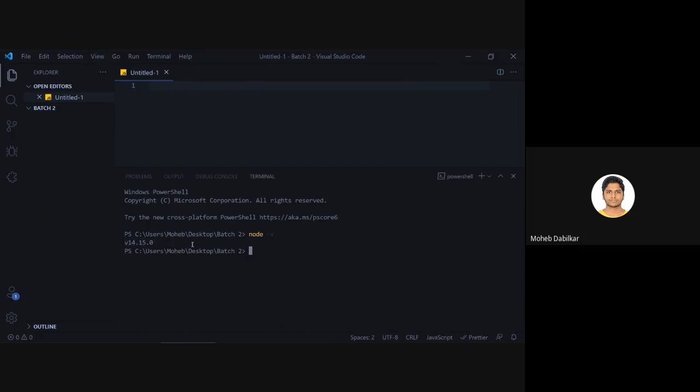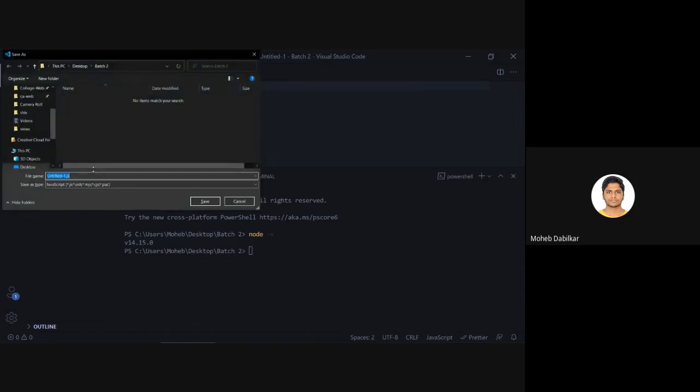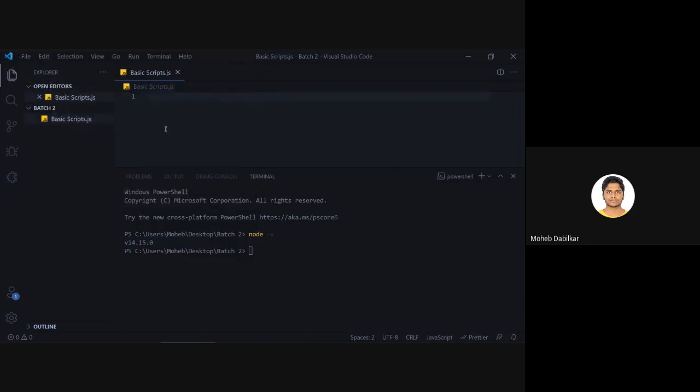So if you have Node.js successfully installed, this should work for you. Then let's save this file and we'll call it basic scripts.